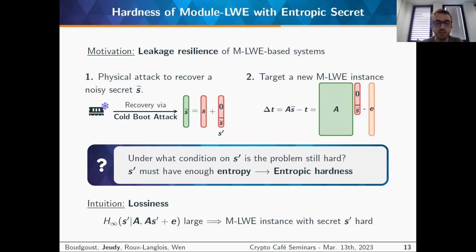And my intuition is that if S prime has enough entropy to begin with, if it's random enough to begin with, then the problem might still be a hard problem. And this relies on this intuition of lossiness. This is the proof idea that I want to convey here: I want to show that this conditional entropy at the bottom, the entropy of S prime given A and AS prime plus E, is large. And what I'm saying is that if this is large, then M-LWE with secret S prime should be a hard problem. And the intuition behind it is because given A and